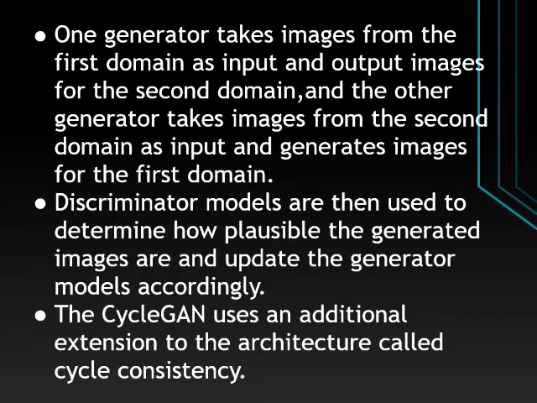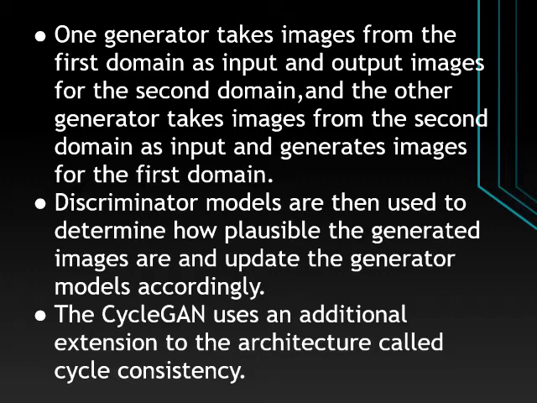So that is where the second objective comes in. It makes sure that the translated image bears a resemblance to the original image. We do this using a term known as cycle consistency loss and the second generator. The second generator will also work on this. The first generator will modify and translate the image as needed. The second generator will try to make the translated image look like the original image.